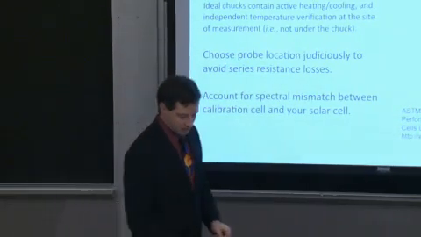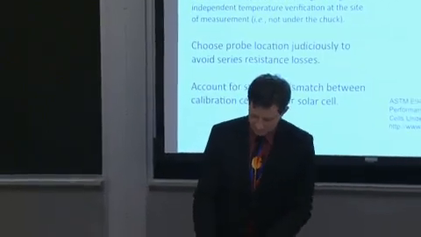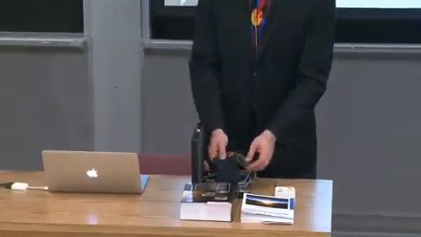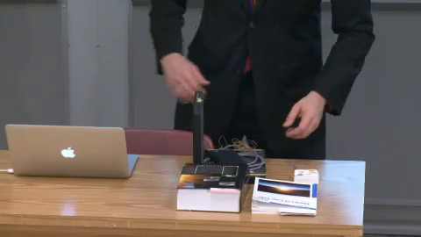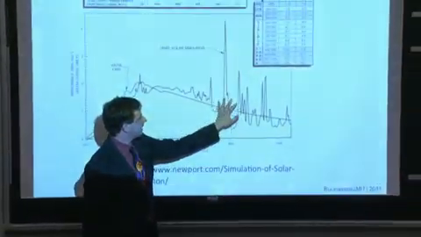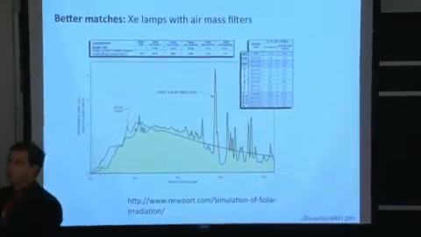Let me drive that point home. So I have a crystalline silicon calibration cell right here. I know its spectral response. I know at what wavelengths it responds the strongest. And so it will detect any mismatch between the ASTM standard and the actual light source there, where it responds